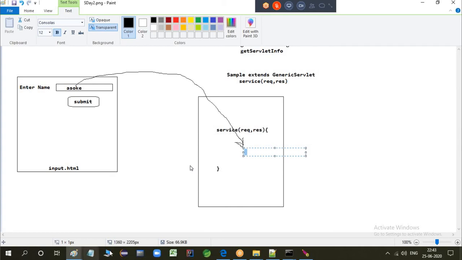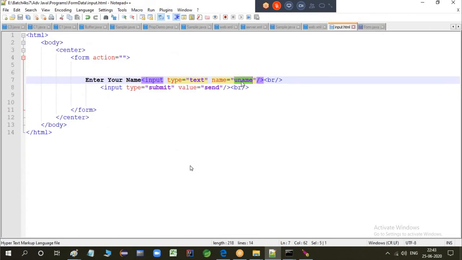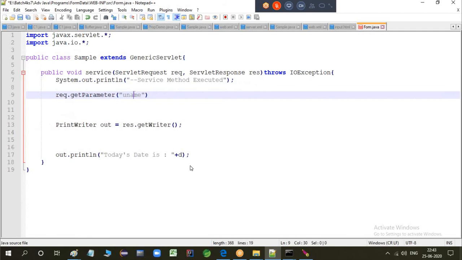How to do that? There is a method. Request dot getParameter. What parameter do I need to use? uname, since I'm storing inside uname.